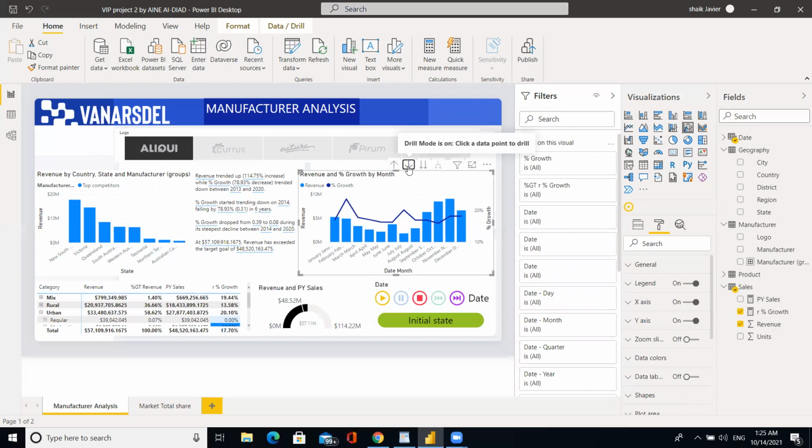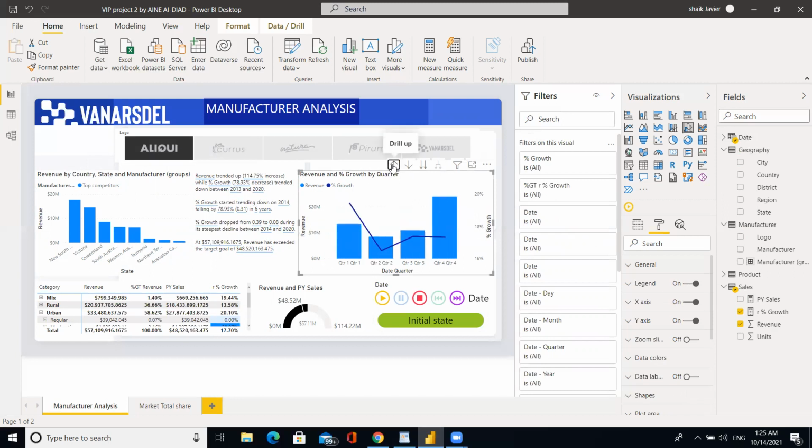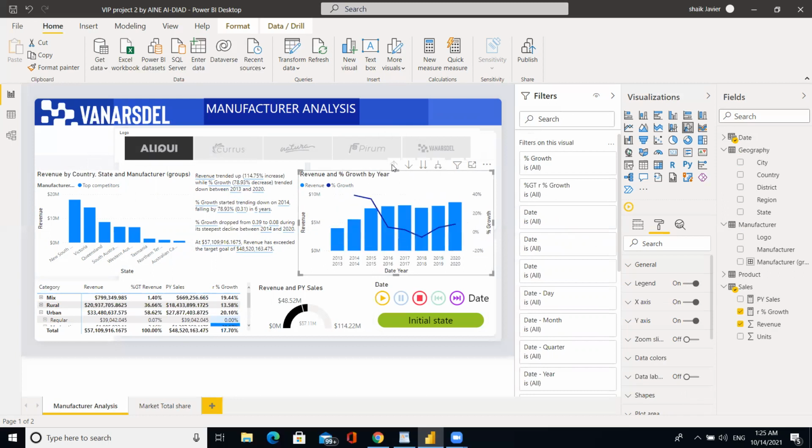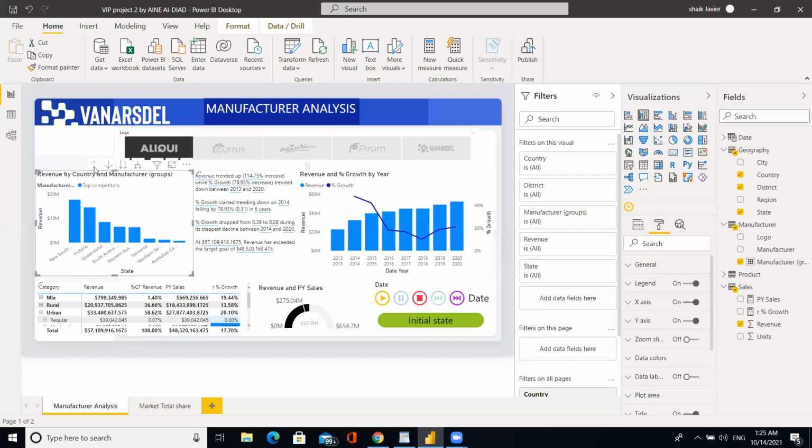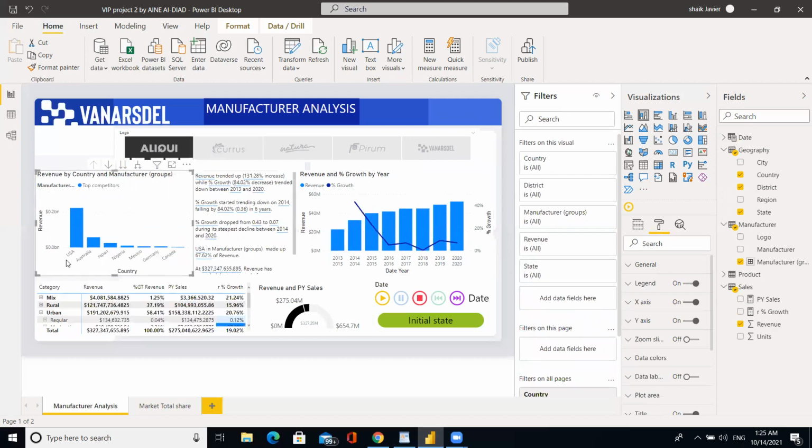Disable, we enable by clicking on it and disable by clicking on it. So we can go quarter wise and year wise. Perfect. And the same we also disable here and we can go back by the upward arrow. We can see the country wise data.